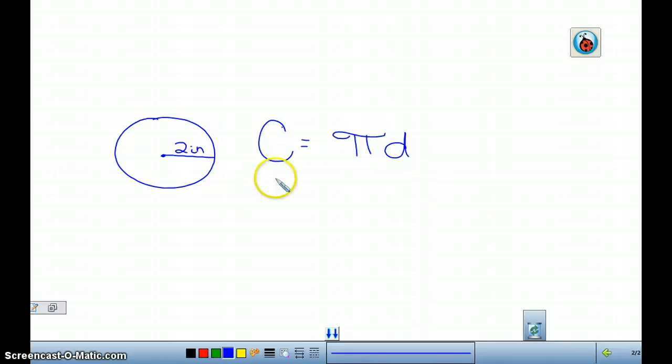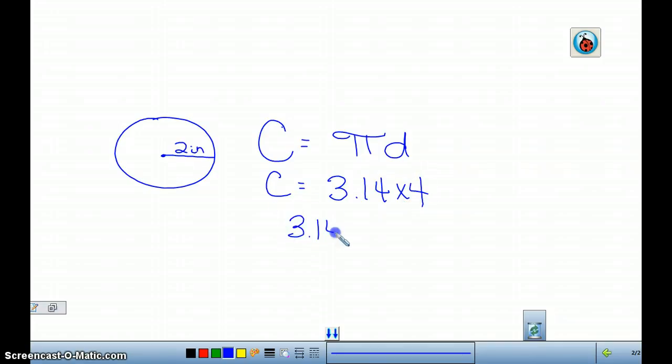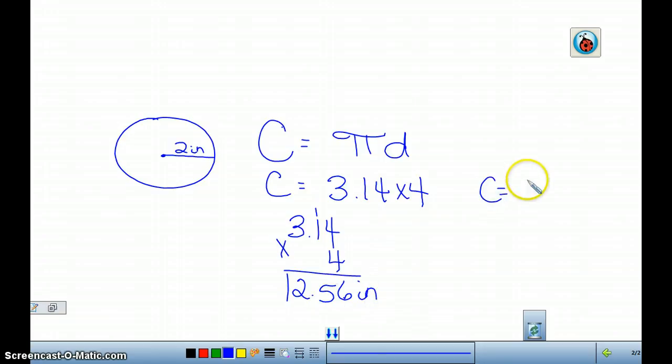So I can say, okay, I know that this is going to be 3.14 times, my diameter would be 4, and take then 3.14 times 4. And get my answer right there. Or I can say, okay, I'm going to take 3.14 times my radius, and then take that times